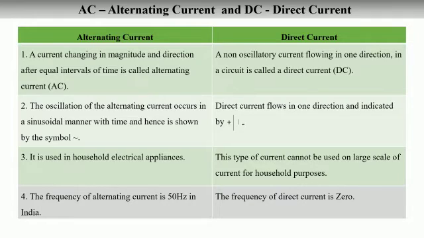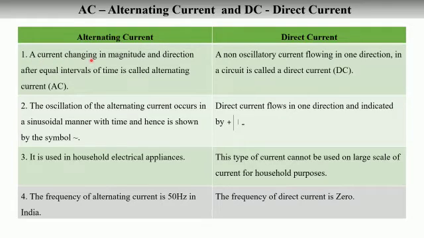You all are familiar with direct current because you have studied a direct current electric motor. We know the symbol for a direct current, one long and one short line, positive and negative terminals, and the flow of current is from the positive to the negative terminal. Let us now distinguish between the alternating current and direct current.